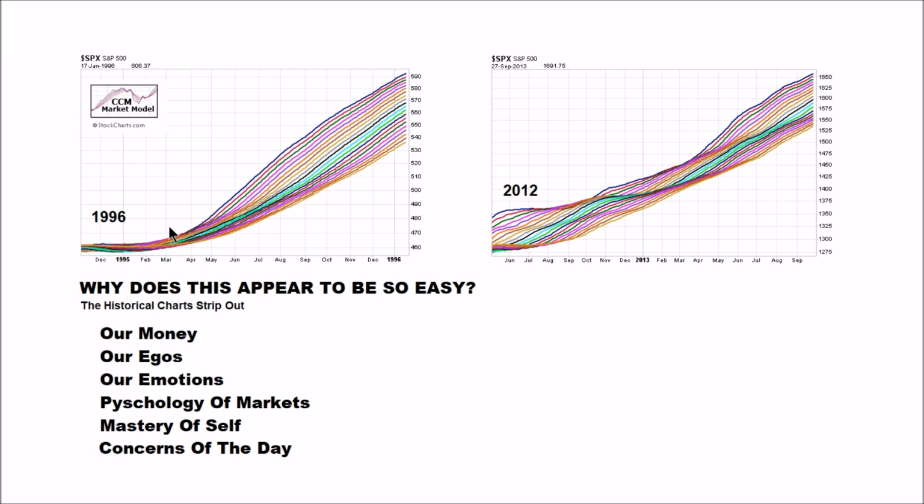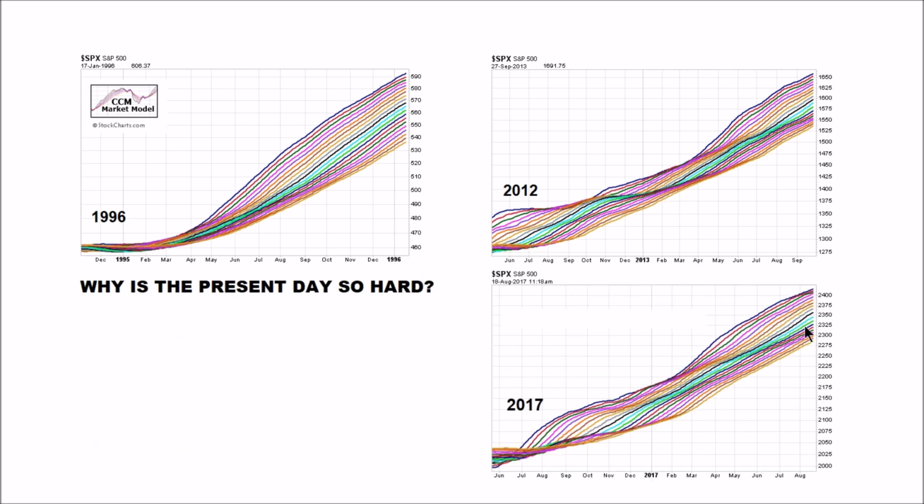When we look at these charts in calendar year 2017, we're not reading the newspaper. We don't know what the concerns of the day are. We probably think it was easy back then, but I can guarantee you, I worked on Wall Street. It's never easy. It never feels easy in the present day. Having said all of that, do these charts, which we think are easy, do they look materially different from the present day, which seems to be so hard?